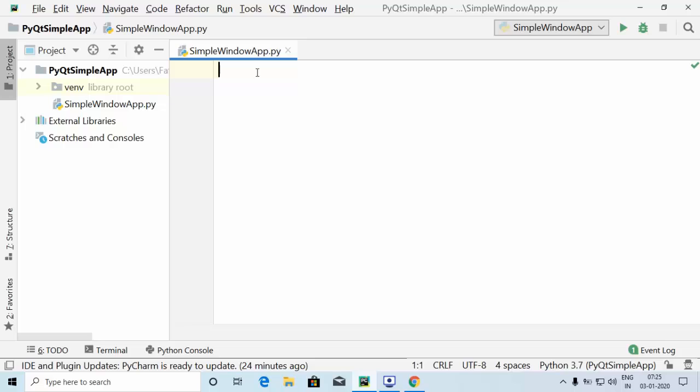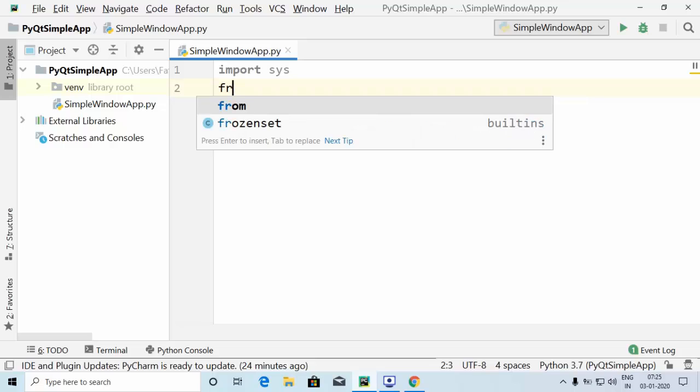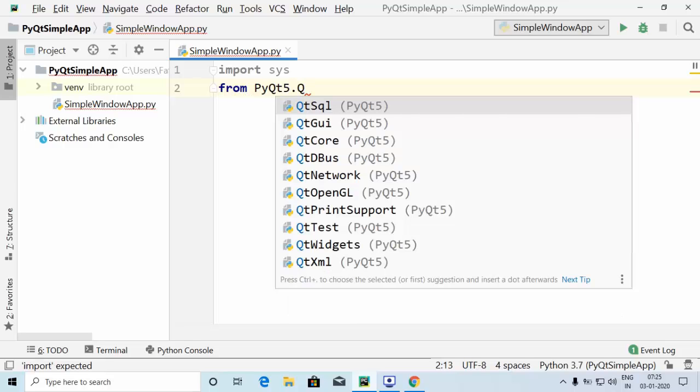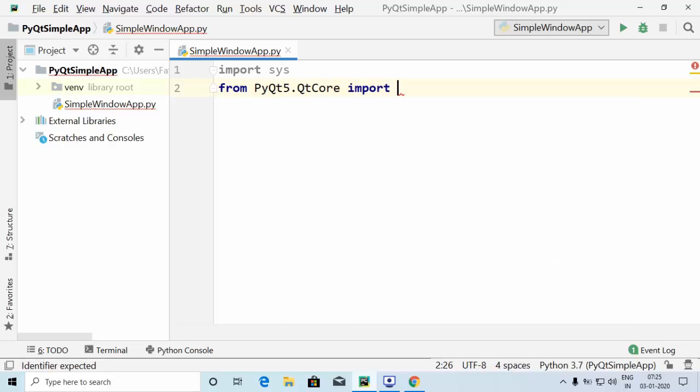The first thing we are going to do is import sys, followed by from pyqt5.qtcore we are going to import asterisk star.